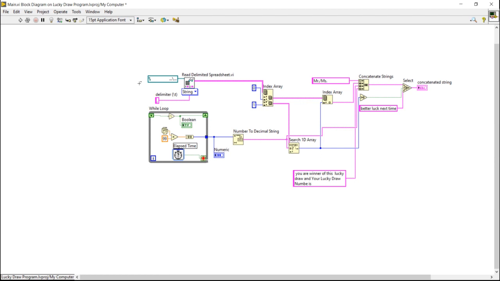Please inform if you have done this program. So we can begin our next program, object count program.